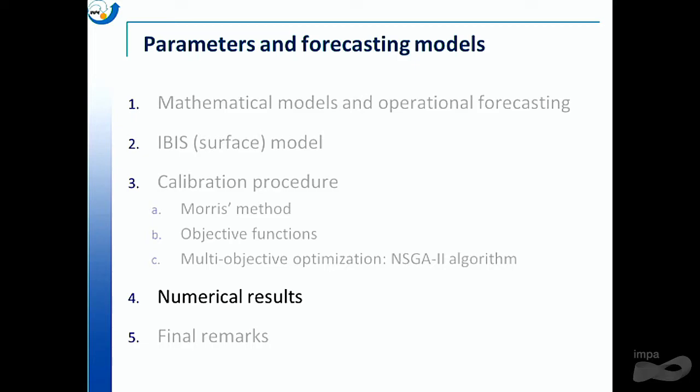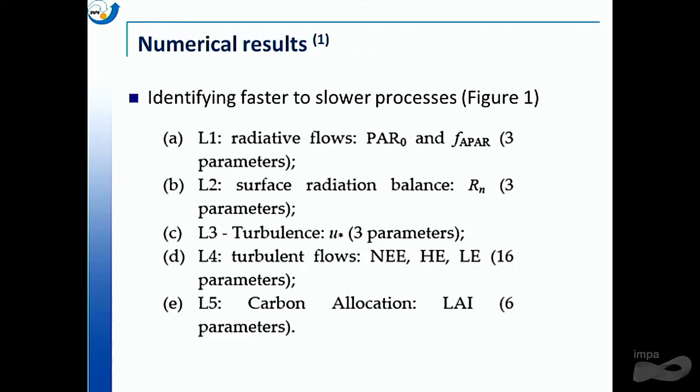let me show you some numerical results. First of all, we are going to identify the fast and the slow processes. And we're going to identify the parameters associated with the faster processes. And so in order to do that, you can also use this Morris method. And the Morris method can show us